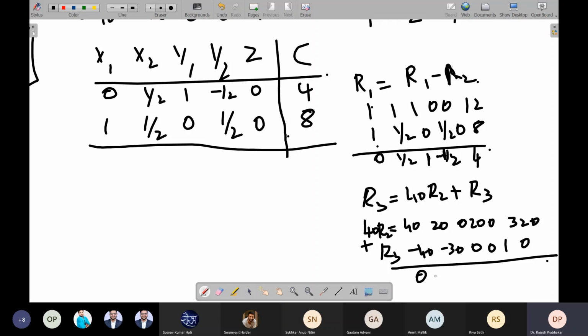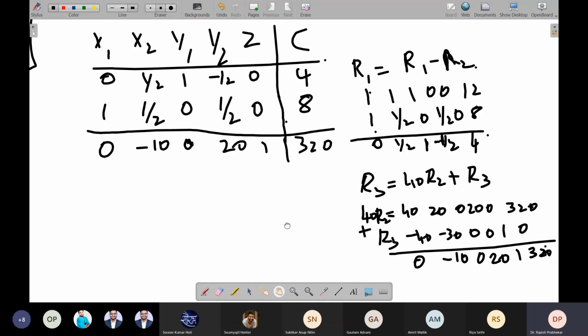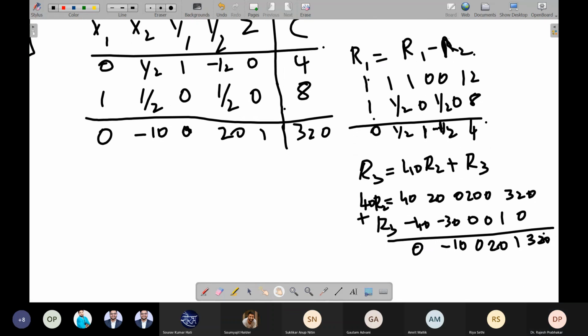So this will be 0, this will be minus 10, this will be 0, this will be 20, this will be 1, this will be 320. So 0, minus 10, 0, then 20, 1, 320. So we have achieved the objective of first column being 0.